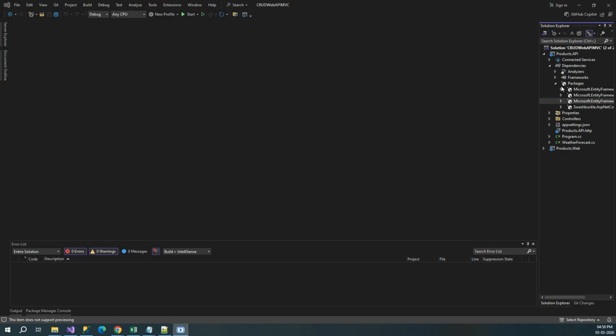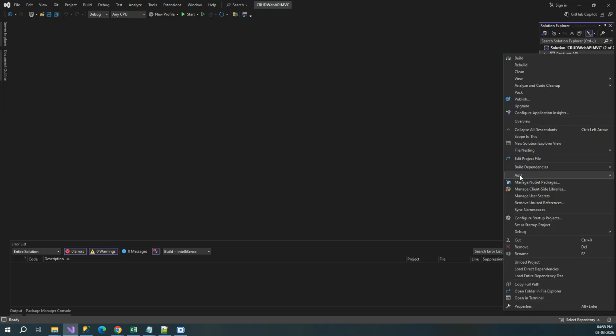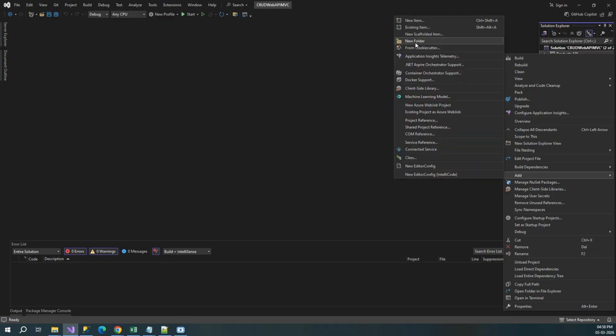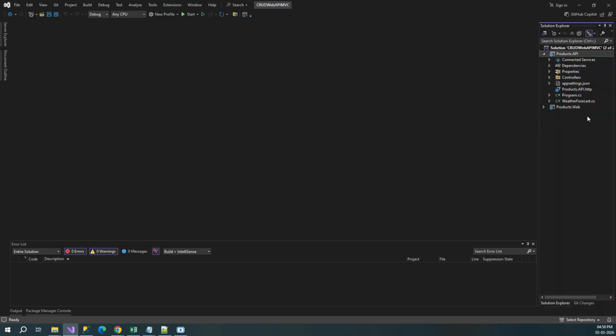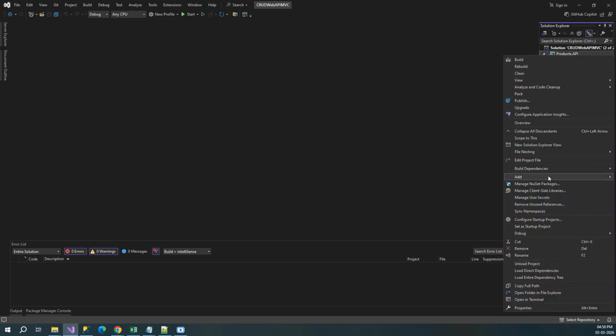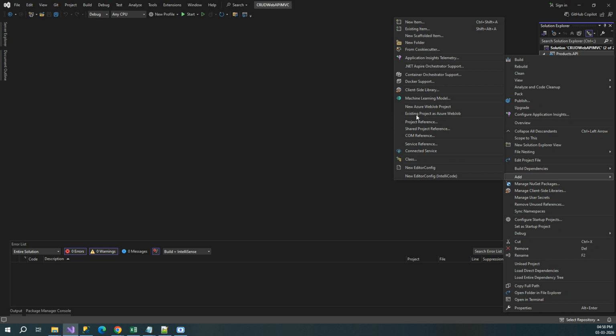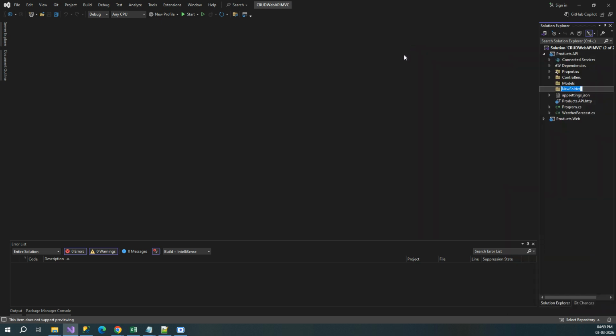Now let's go ahead and create a few folders in the API project. So if you go to the API project, we don't have a models folder. Right. So let's go ahead and add the models folder first. Right click on project, say add folder, and give it the name Models. Let's add one more folder that is called DTOs, and I'll explain why we are creating all these folders when the time comes. Let me as of now create the folder DTOs, and one more folder that is